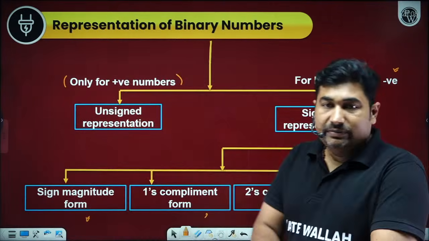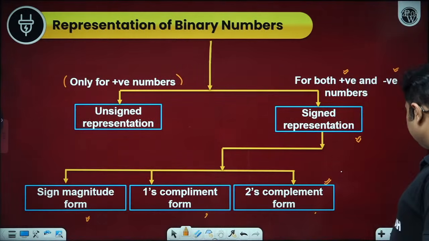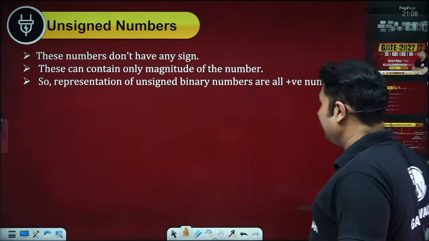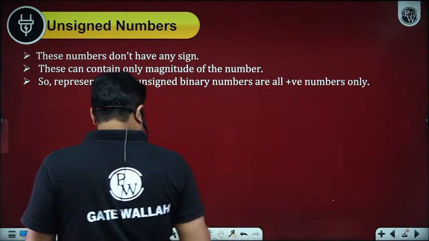How many of you are now able to understand, beta ji? Great. Now please observe first unsigned number. What are unsigned numbers? See,